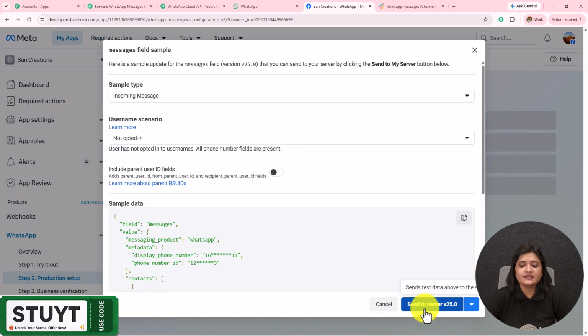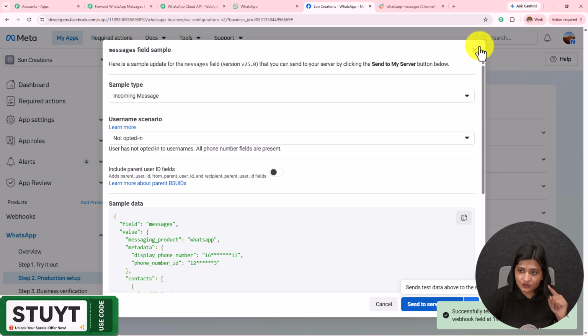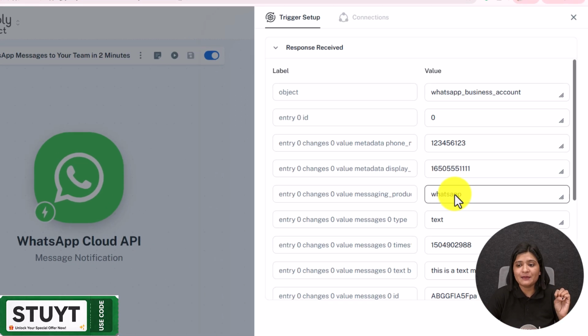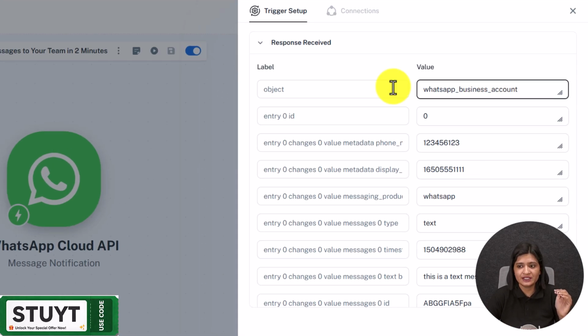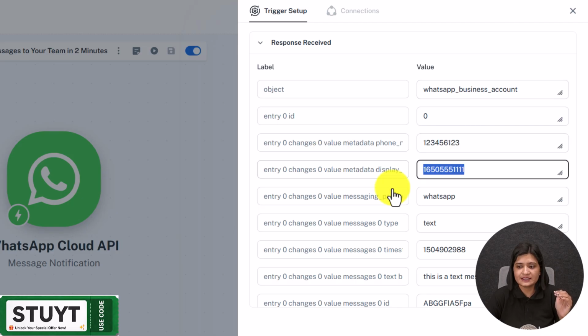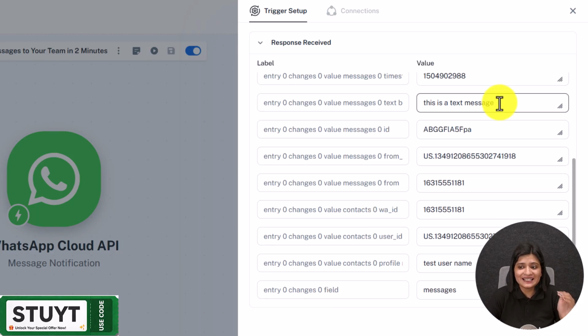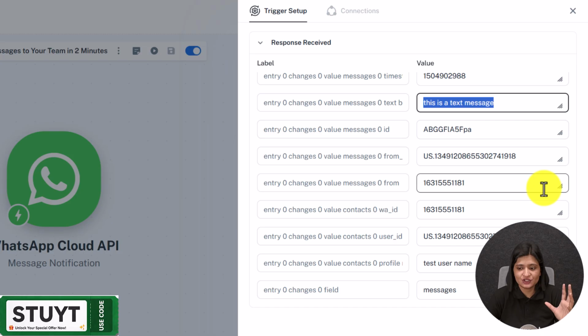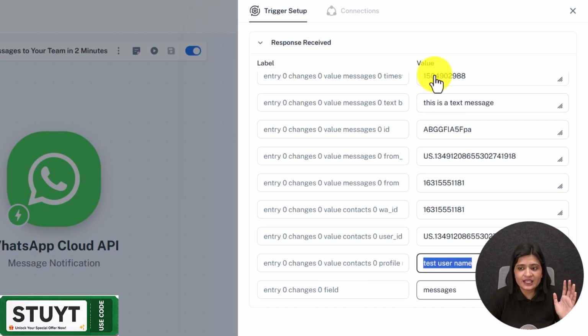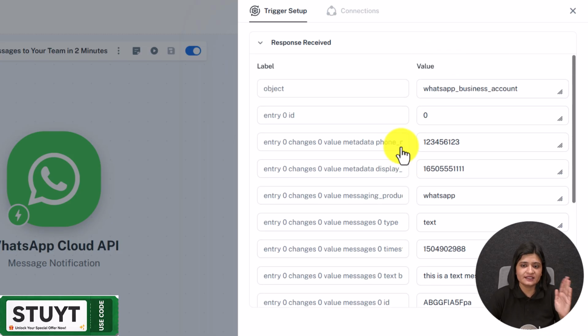I'm going to click on this send to server, and a test message will be sent from WhatsApp Cloud API to my workflow. If I receive the response, this is going to show us the connection setup which we have just created is working fine. I'm going to open my workflow, and over here we can see that we have received all the details. We have the ID, we have a test number, we have a test message, and we have a test name. So here, as soon as we have received the details, we can see the connection setup is